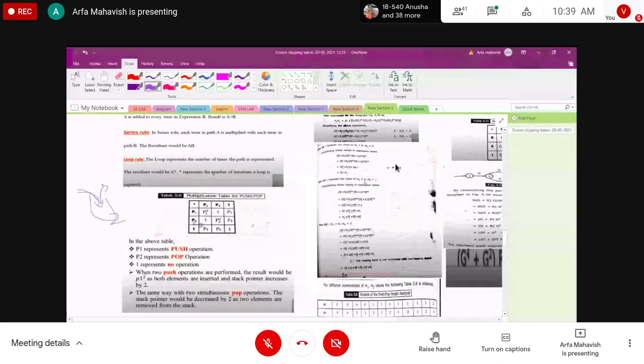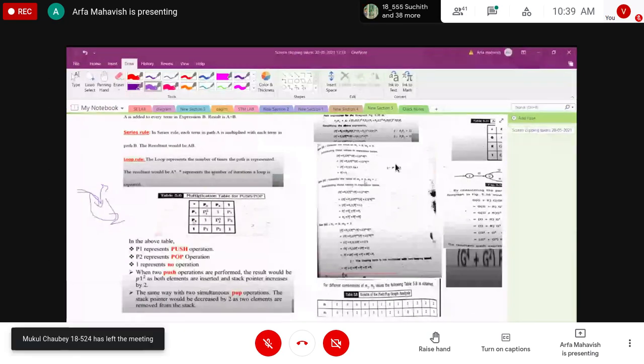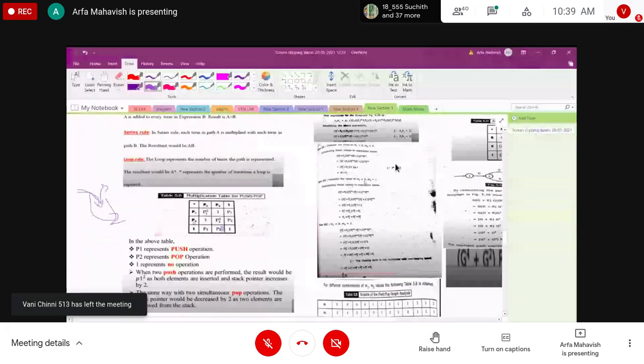Okay, so in the next stage P2 and P2, in that stage the pop operation is performing. Same thing is done in the pop operation. In the same way, for two pop operations, the stack pointer will be decreased by 2. This pop operation is different when you are doing the pop operations. So the 2 power, this stage 2 is decreased. Okay, so the stack pointer is decreased by 2, so 2 elements are removed from the stack.